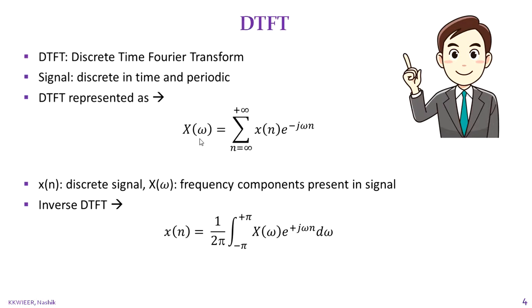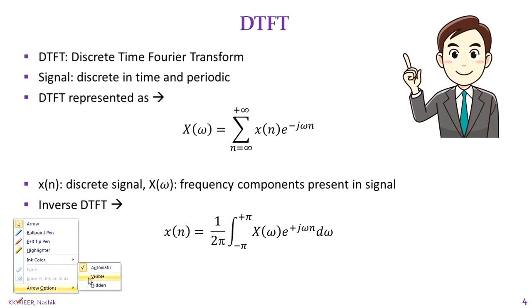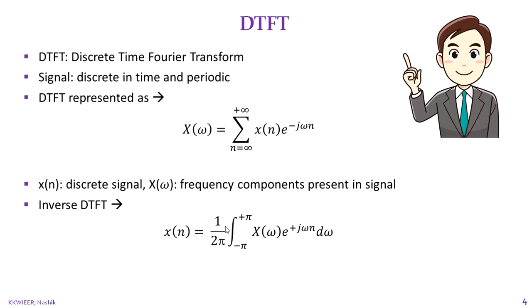So during DTFT, we take a summation of x of n. To calculate the inverse of it, we will integrate it. So x of n can be given as 1 upon 2 pi, that is the total cycle, and x of n will be equal to 1 upon 2 pi integration from minus pi to plus pi X of omega e to the power plus j omega n. Now the sign will reverse. While calculating DTFT, it was minus j omega n. Now you are taking the inverse of that, that's why it will be plus j omega n d omega.